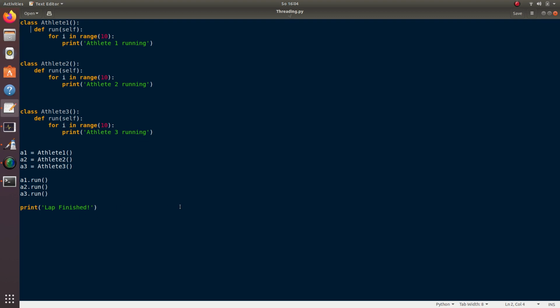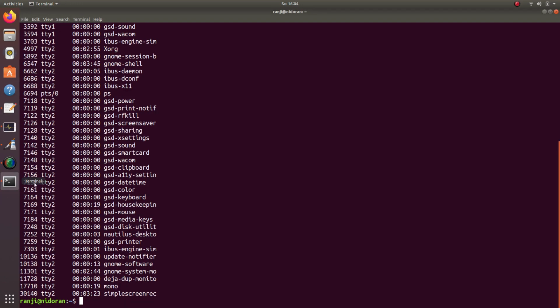So this is a simple object oriented program. Here we have not written any syntax specifically for demonstrating multi-threading. It will all depend upon the computer or the number of cores your machine is running on. So everyone will get a different kind of output.